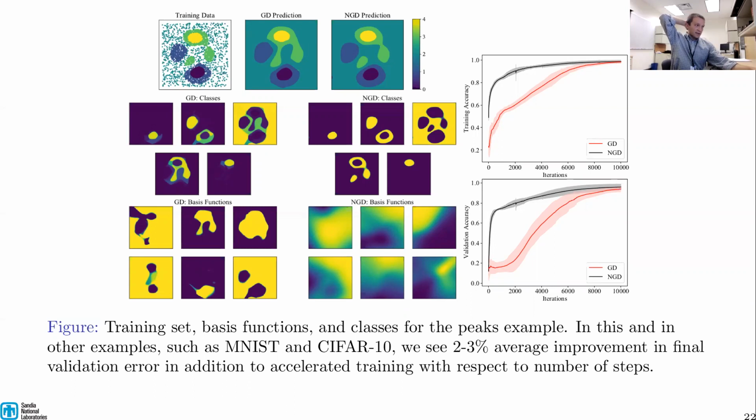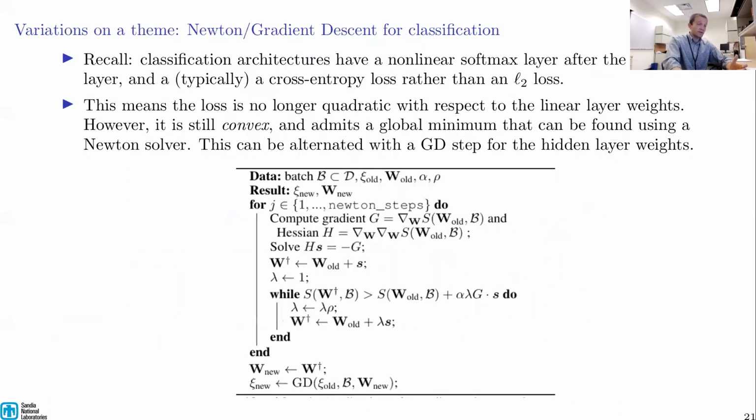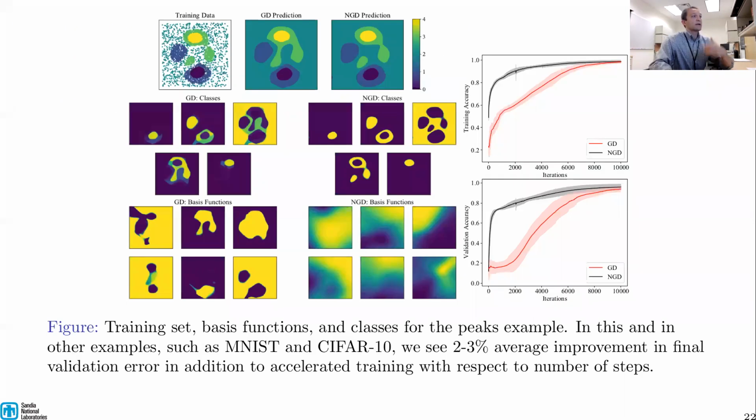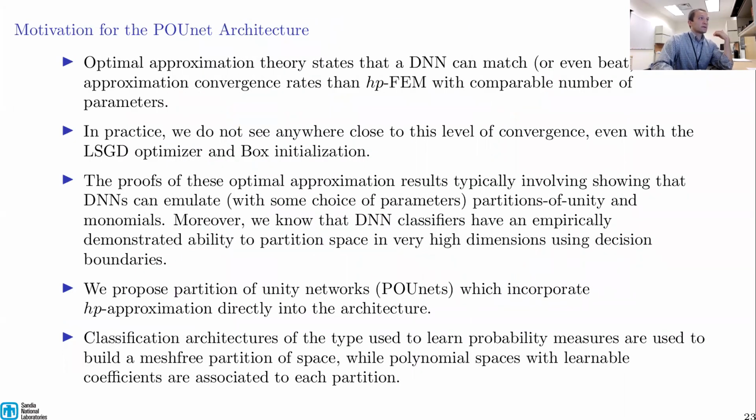So this got us thinking. What we've been trying to do when we've been using these neural networks for regression to get these results, for example, is trying to get the neural networks both to essentially come up with a mesh, so to speak, and achieve some high numerical precision. But after we did this project in image classification, we had this idea that